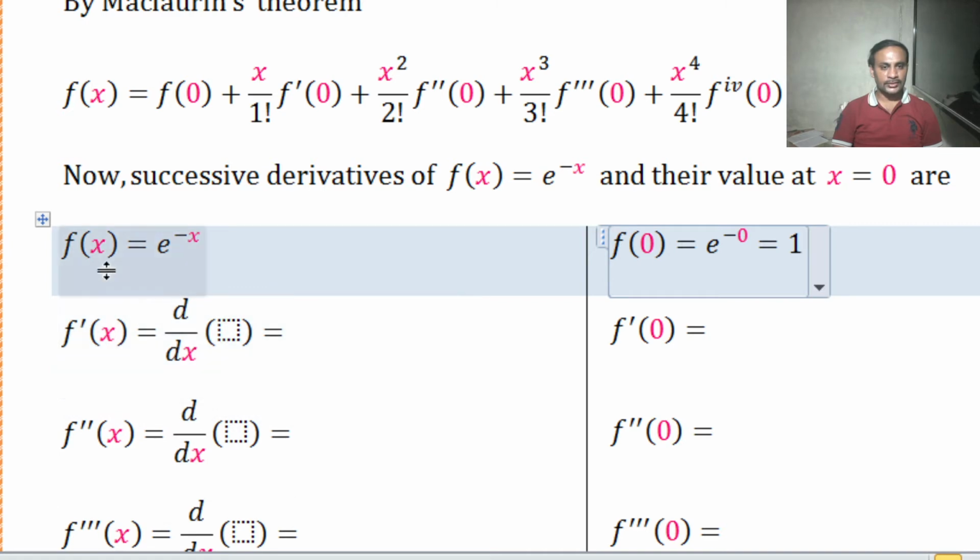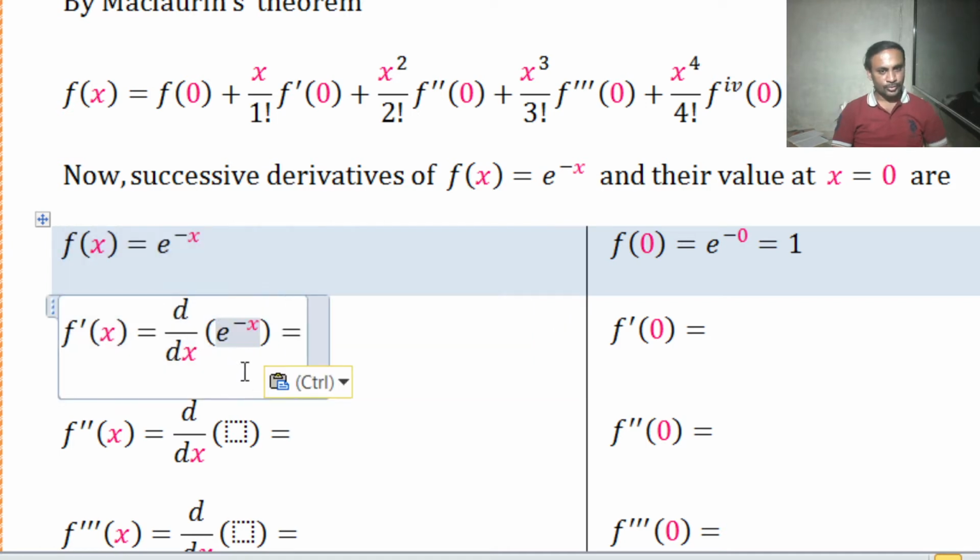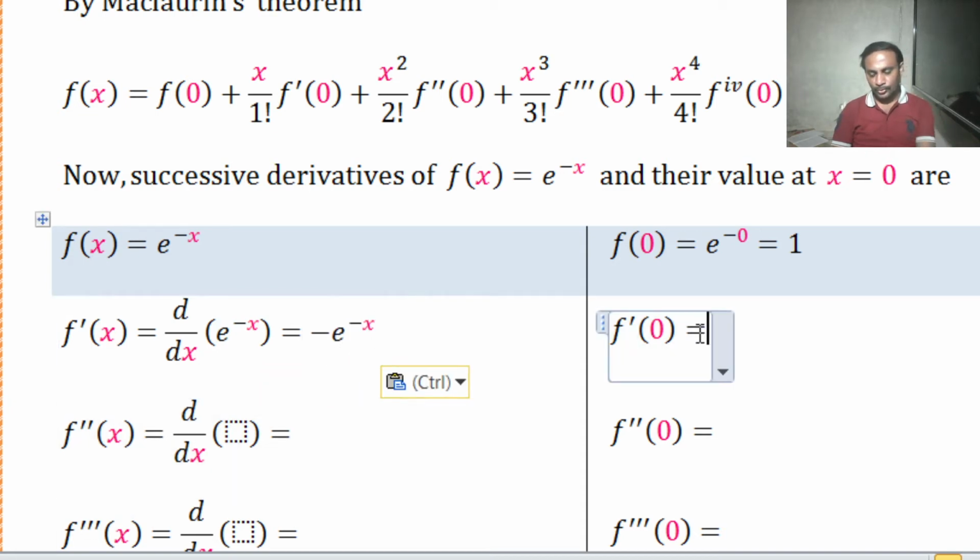Now f dash x is d by dx of this f of x, which is e raised to minus x, so the derivative of e raised to minus x with respect to x is minus of e raised to minus x, and after putting x equal to